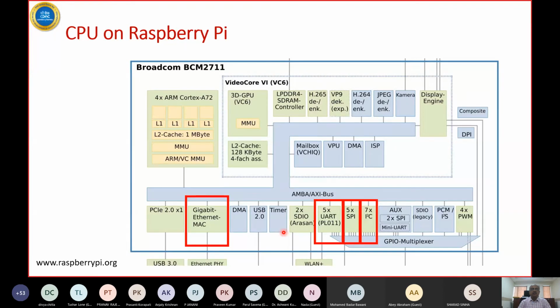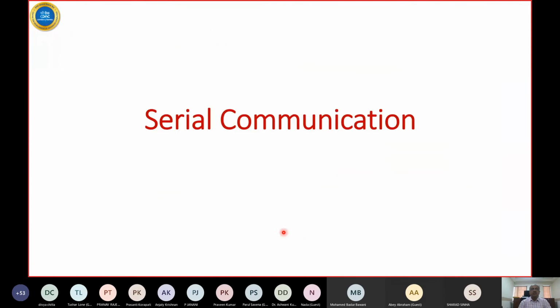So my focus will be on describing these interfaces, and how they help in transferring the data from where it is generated to another hop from where it can go into the IoT framework. So we will begin with the UART, the serial communication.